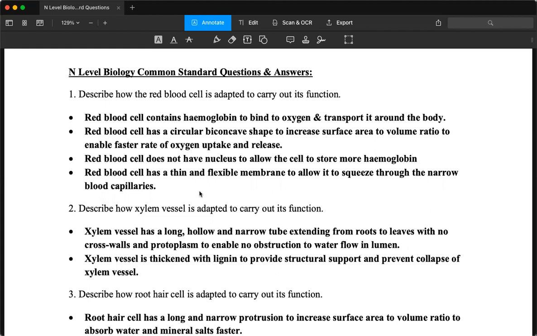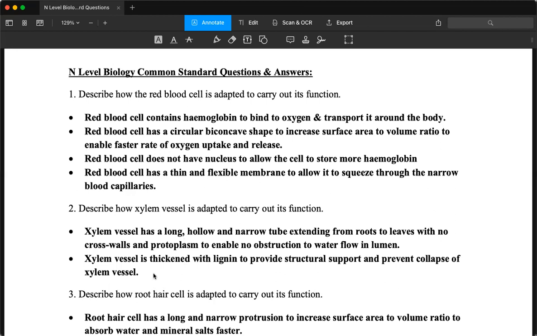Xylem vessel has a long, hollow, narrow tube extending from the roots to the leaf with no cross wall and protoplasm to enable no obstruction to water flow in the lumen. So these are the important key points. We need to mention that xylem vessel is long, hollow, and narrow, starting from the roots to the leaf. It is important to recognize that there's no cross wall or protoplasm to prevent the flow of water in the lumen. Number 2,